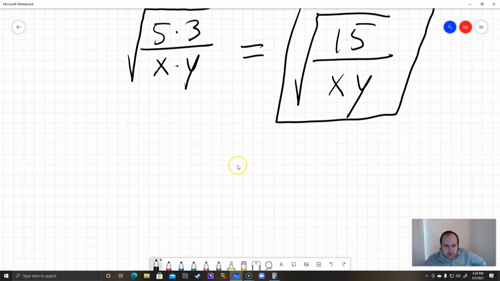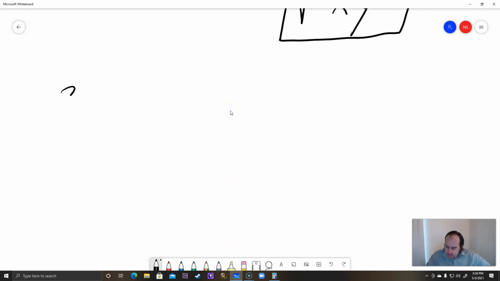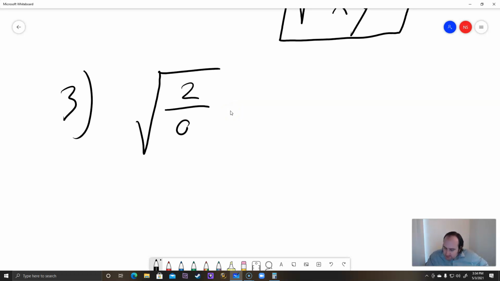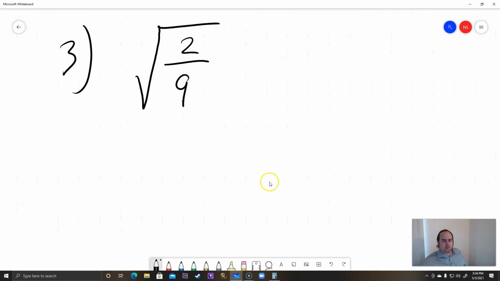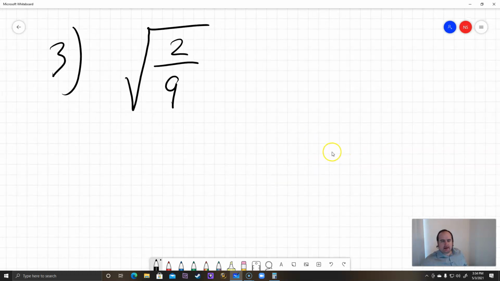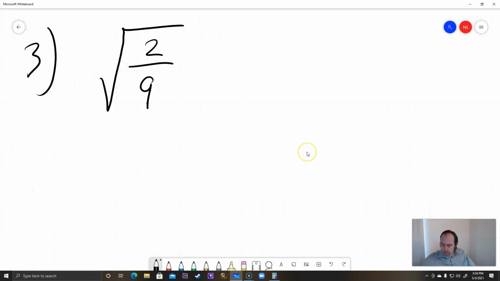Okay, so let's go on to example number 3. Example number 3 is the square root of 2 over 9. The square root of 2 over 9. Now for this one, we're actually going to need a new rule. The new rule that we're going to be using here